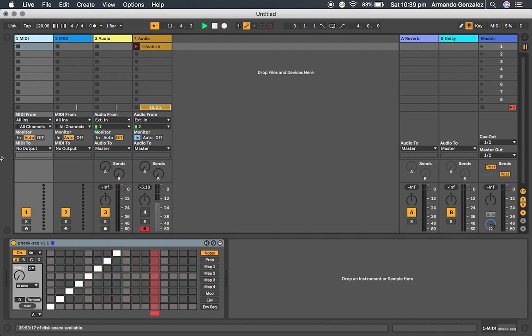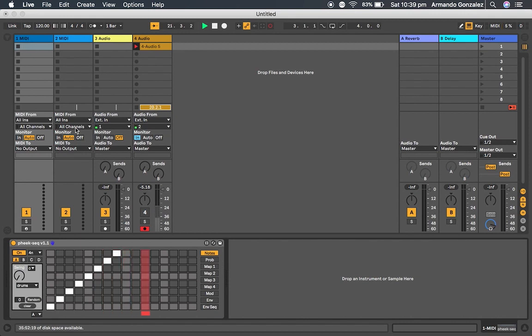To get things started, you're going to want to turn this on switch on. If this is at off, the sequencer will not work. You have to make sure that this is at on. And then you have to make sure that your Ableton transport is running. This is because the sequencer is actually tied to the transport that Ableton has, so it has to be playing